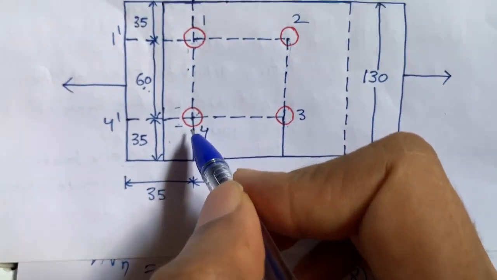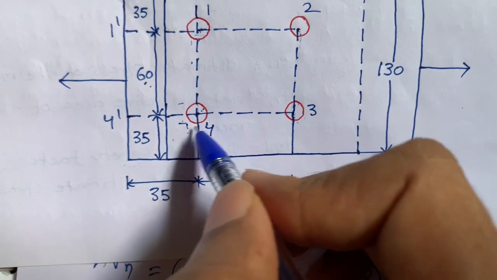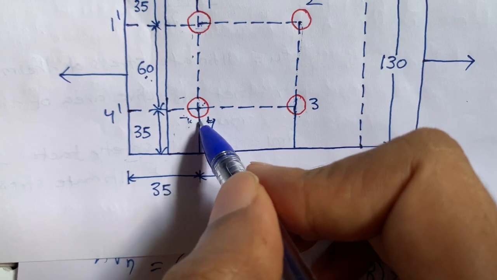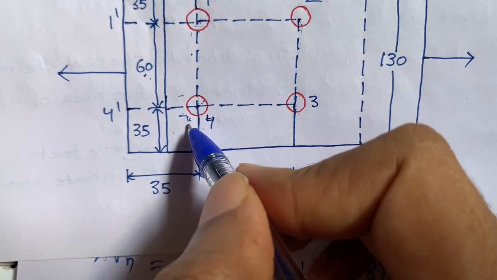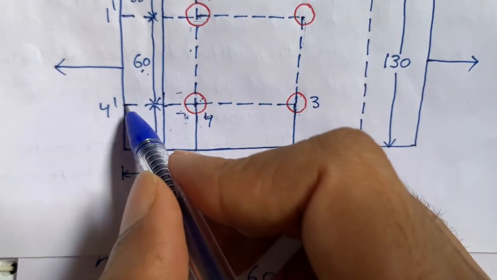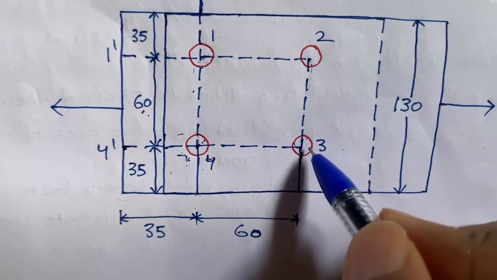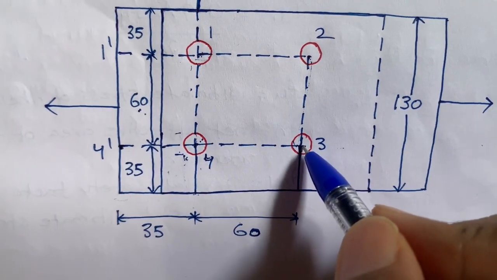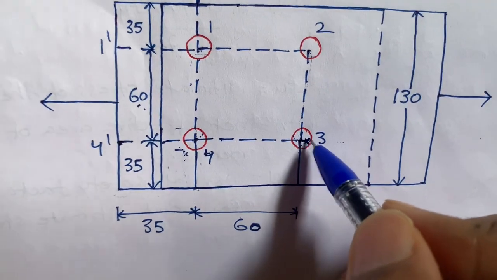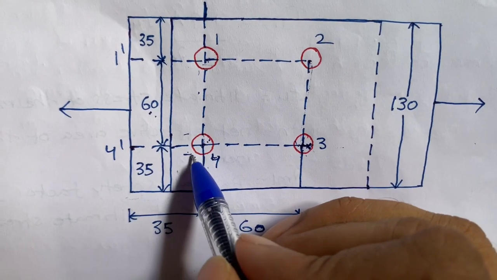Suppose I am considering this bolt hole as one part, from here to here I am considering as one part. If it is one part, then half of this one part is called 0.5. But we need to calculate in our shear direction, from here to here. So we need to subtract this one. There is no need of this value from the bolt hole to this edge. So that's why I am considering this as one part.